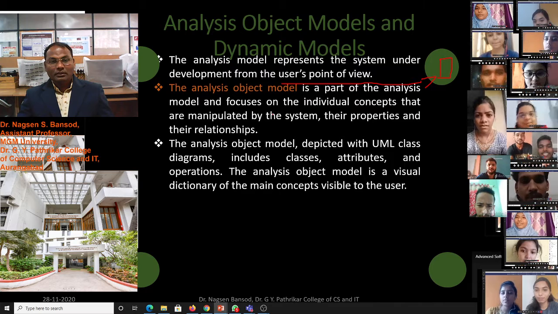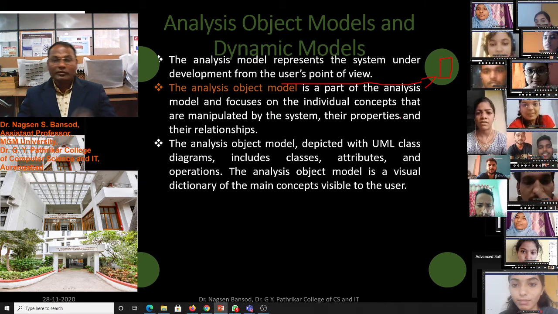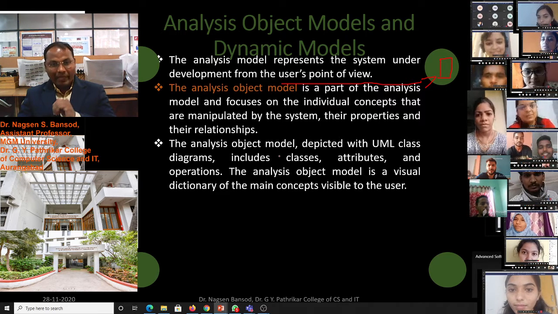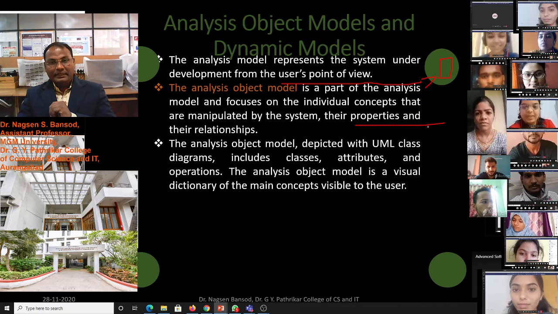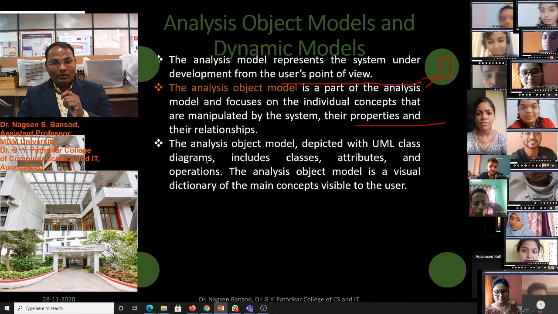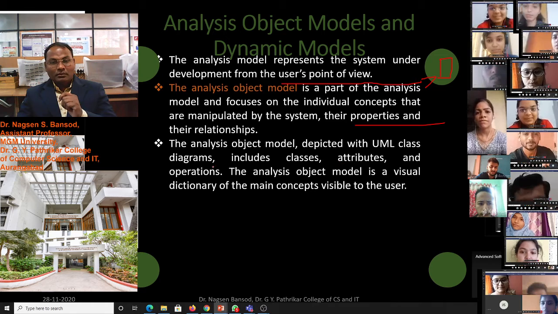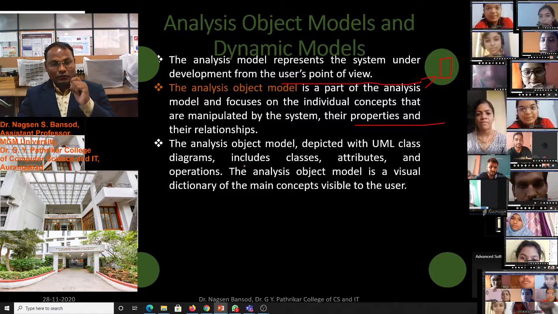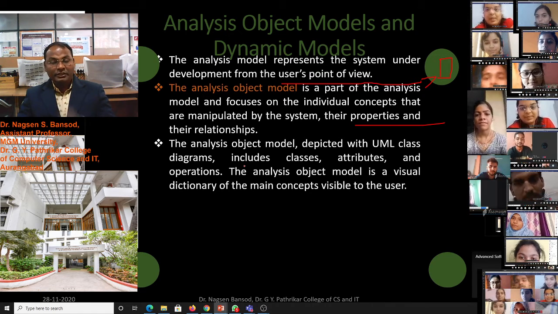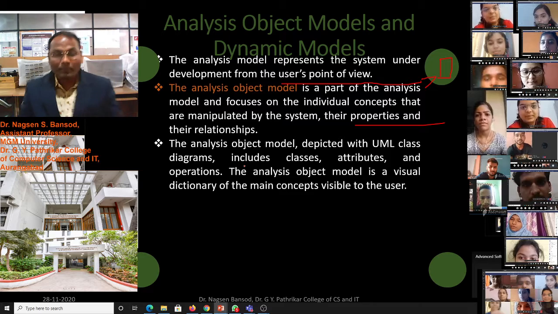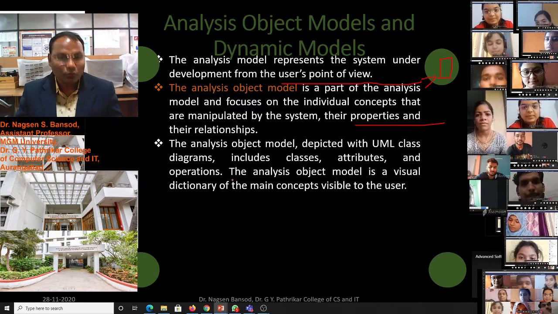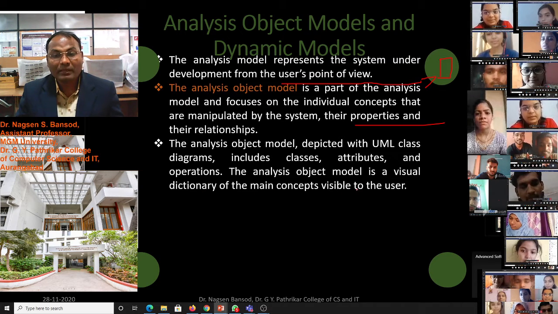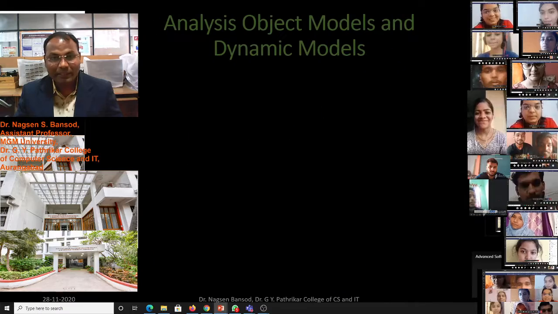Analysis model focuses on individual concepts that are manipulated by the system, their properties and relationships. The UML class diagram is shown in the analysis model, and it includes classes, attributes, and operations which are performed in the software. The analysis model is a visual dictionary of the main concepts visible to the user, but the dynamic model